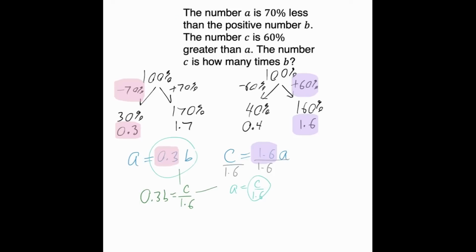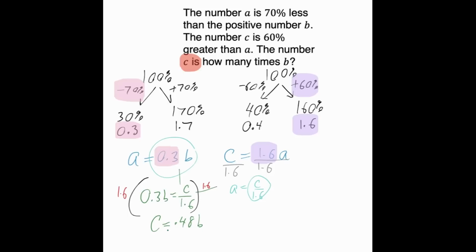Now we're being asked C is. In other words, we need to solve for C. So let's do that. Let's just multiply both sides of this by 1.6, and we'll have C equals 1.6 times 0.3 times B. 1.6 times 0.3 is